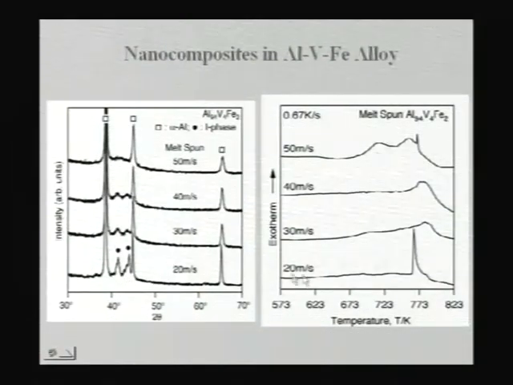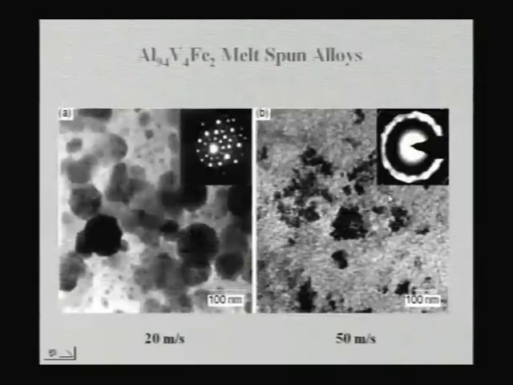And if you look at the DSC, if you go to higher cooling rates, you get two peaks basically. The first peak is where the amorphous phase becomes quasicrystal, and the second peak is where the quasicrystal becomes crystal. At low cooling rate you get only one peak, where the quasicrystal gives you crystals, because there is no amorphous phase there. So depending on the cooling rate, one can get an idea from the DSC what kind of phases are there.